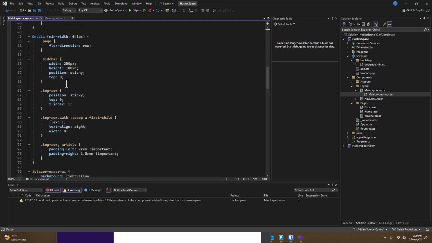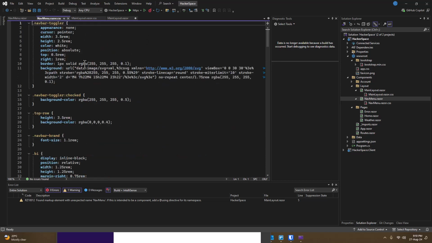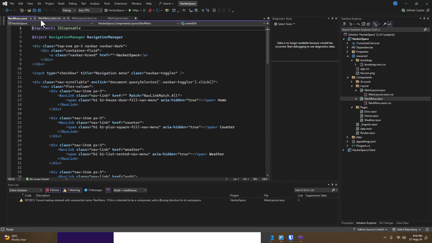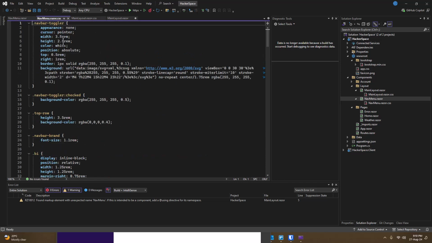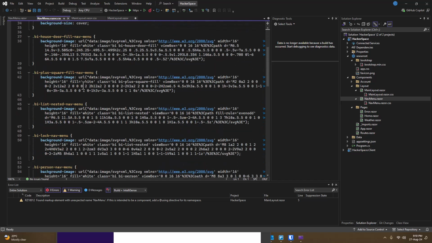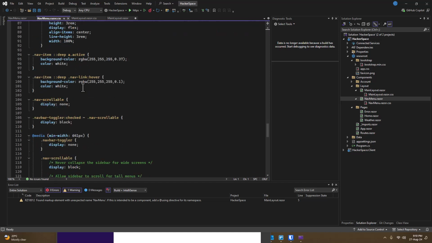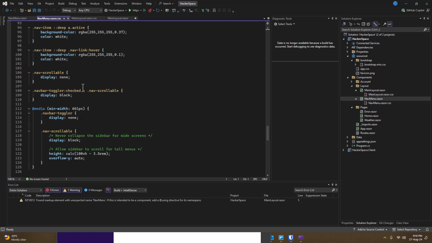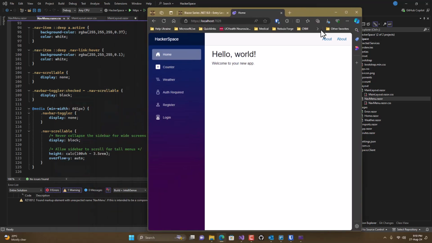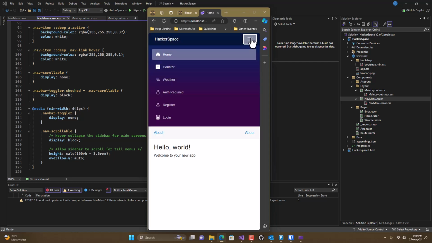Well, there's nothing in here for nav menu. Let's go look at nav menu. And so if we look at nav menu, it's Razor CSS. We can see there's all the background colors, all the things that make the nav menu look the way it does. And there's nav item. You notice there's a media query here, and watch what happens. It's already been built so that when we get to a particular size,